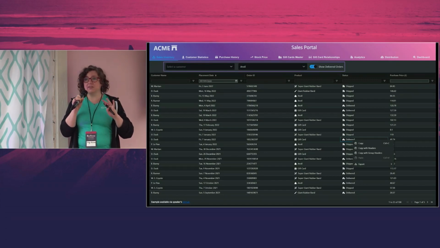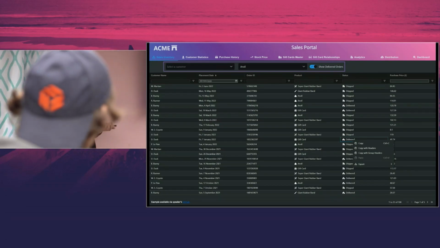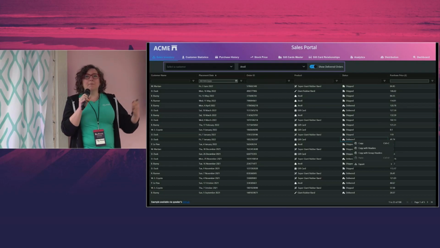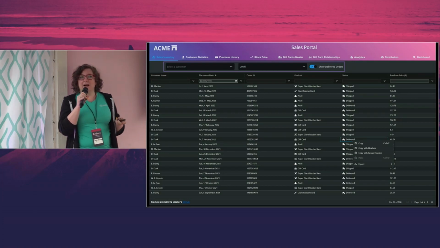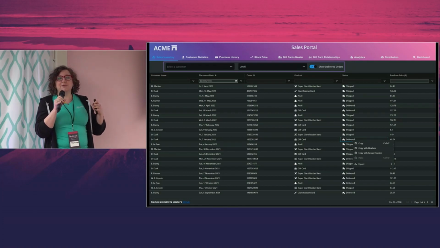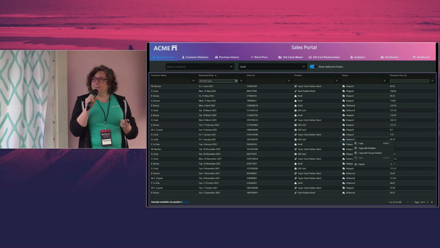Now, drop-downs and different controls are fab. They are a good way for narrowing down the data that's coming back from the server or giving users more of a feel that they've got some control over the data coming back. But sadly, unless the user had been there before, the first thing they would do was select all, and it would just return everything. Which is where we come to the next problem.